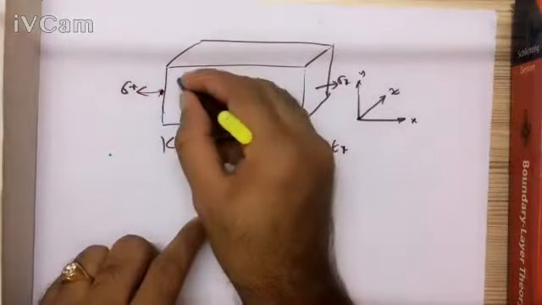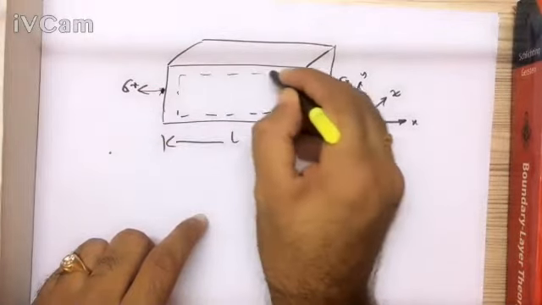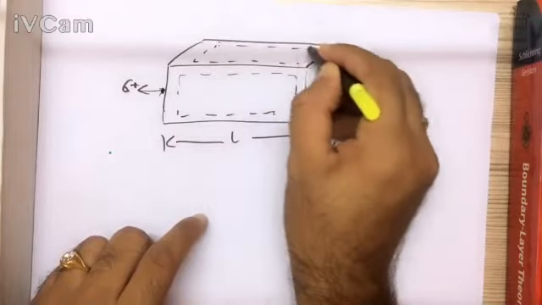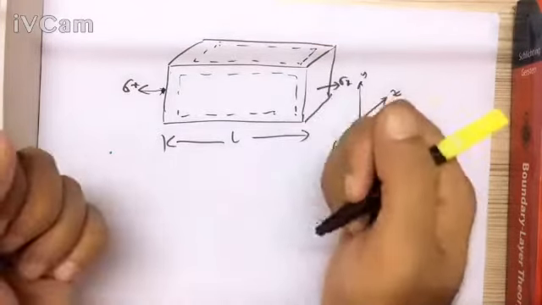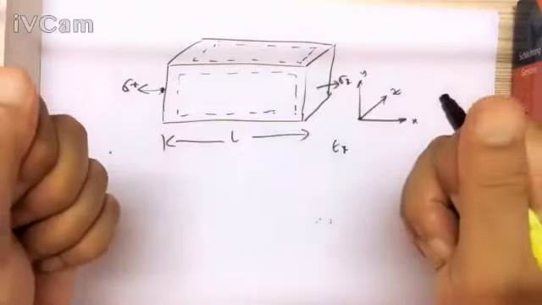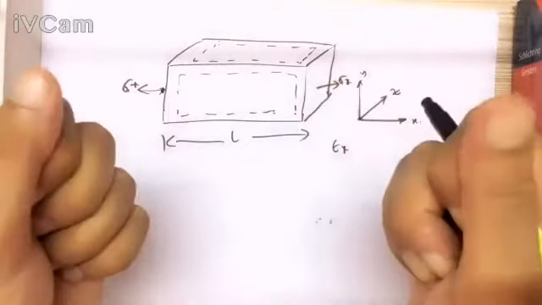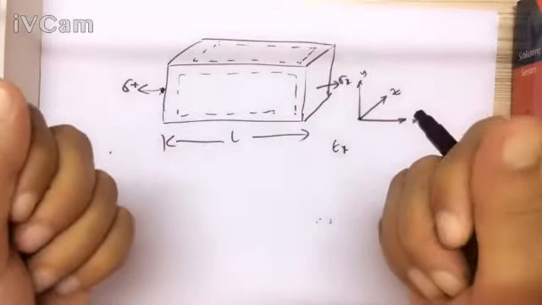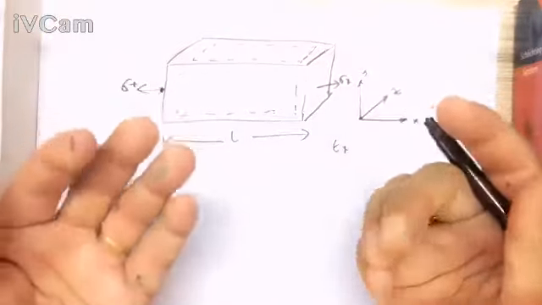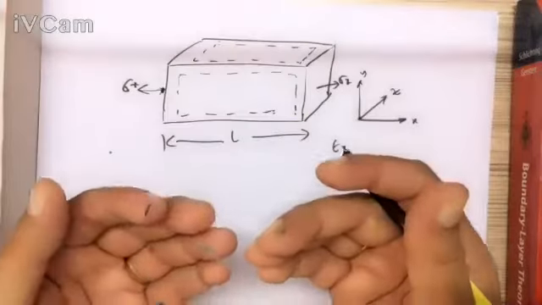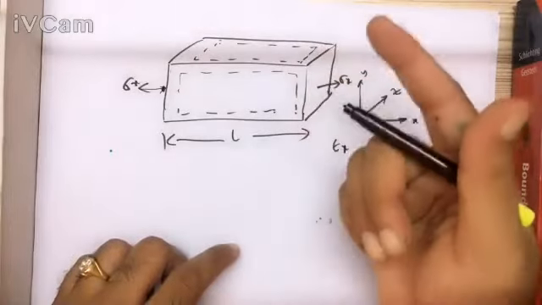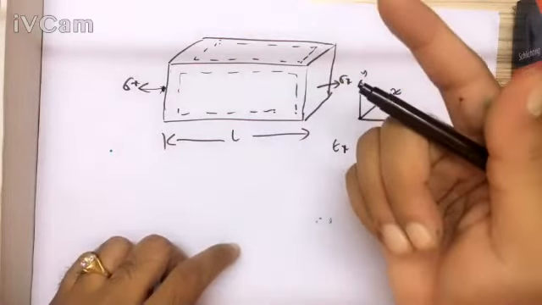For example, this y dimension may change like this, or this z direction dimension may change like this. It may compress, as the dimension will change in the other two directions. Imagine you have a rubber, and if you elongate it, on one side you have the strain, the length will be increased, and you can calculate that strain, change in length by original length, in x direction. Similarly, the dimensions will be changing in other directions also, that is y and z. So strains will be developed in other two directions also.